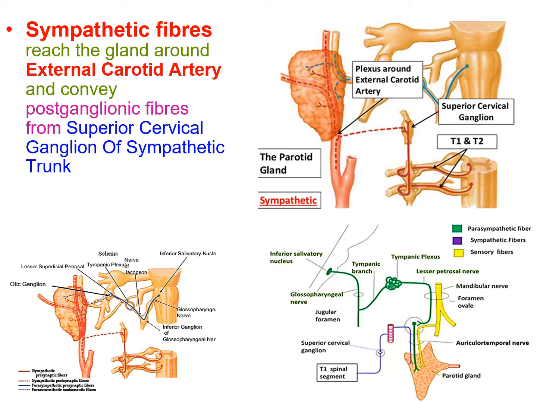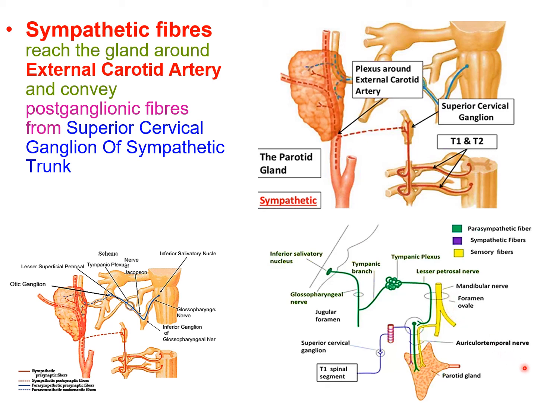Talking about the sympathetic supply to the parotid gland, these are the vasomotor fibers which are arising in the superior cervical ganglion and they relay in a plexus around the external carotid artery. The postganglionic fibers from the superior cervical ganglion pass through the otic ganglion without relaying and reach the parotid gland. They are responsible for the mucus-rich sticky secretion. And as already been told, the sensory supply is through the auriculotemporal nerve.